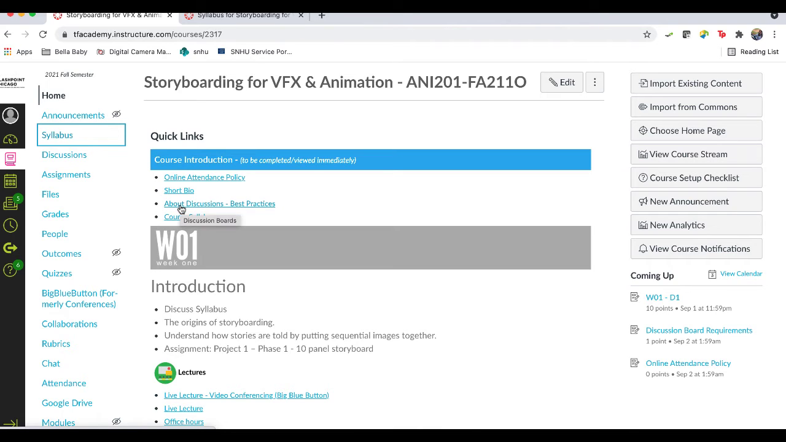Discussion boards. What I need you guys to know about discussion boards, we're going to have 1 to 2 discussion boards each week. Most of the time it's 2 discussion boards, but sometimes it is 1. You need to make your original post first, aka answering the question. So for instance,